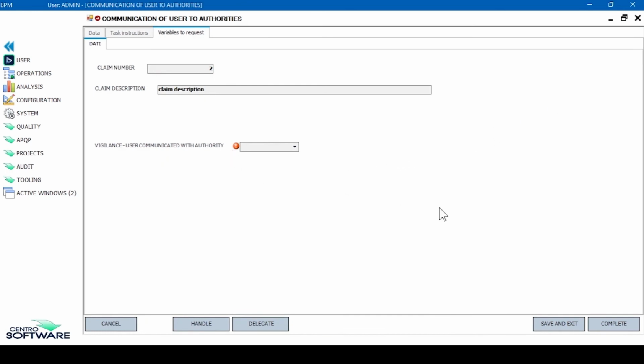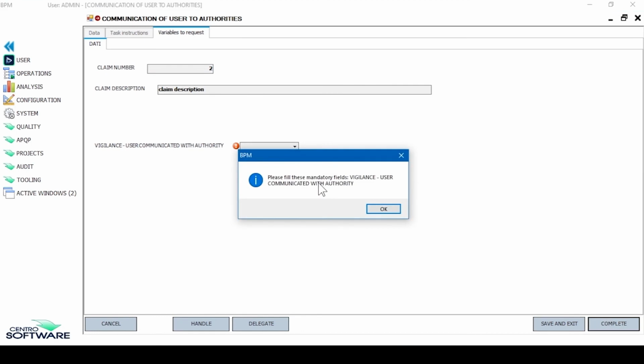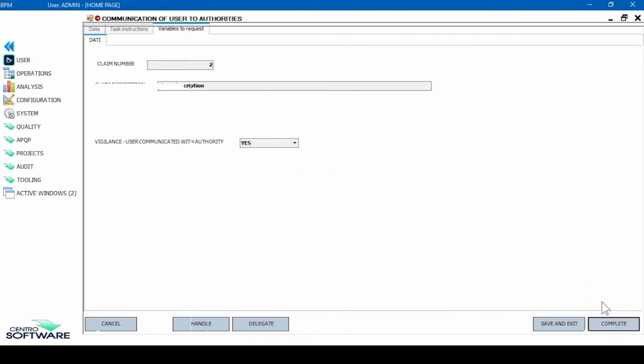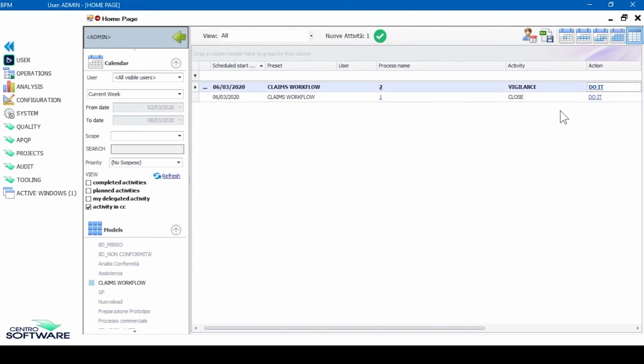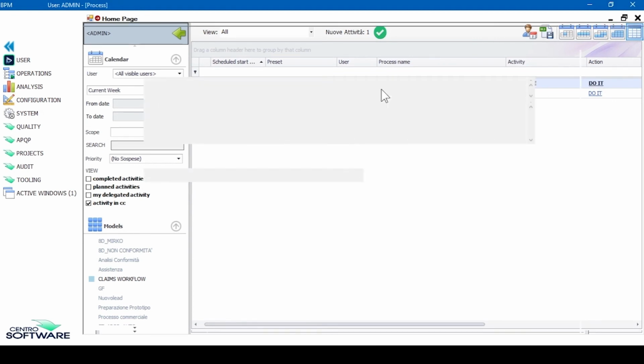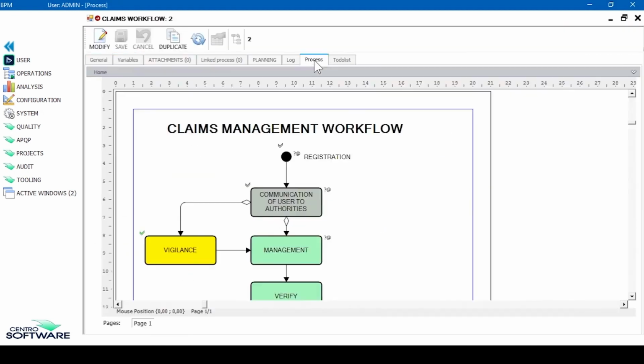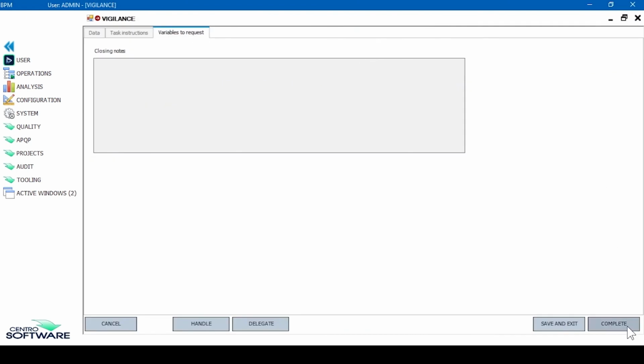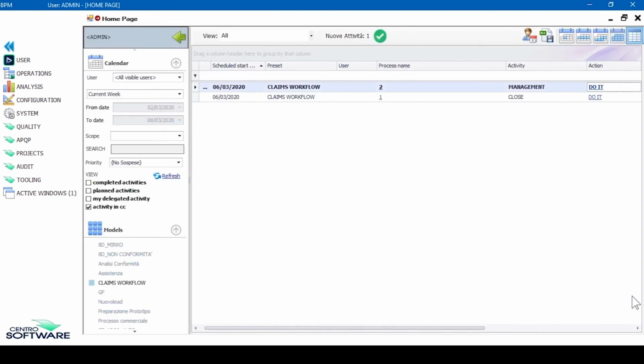At this point, BPM asks you to enter the information required by this step. If the mandatory fields are not filled out, you won't be able to proceed. As you can see, the active activity is vigilance, in compliance with the conditions that have been set in the process, since the vigilance setting has been set to yes. By clicking on Do It, you can proceed and verify that the activities in gray have already been carried out,